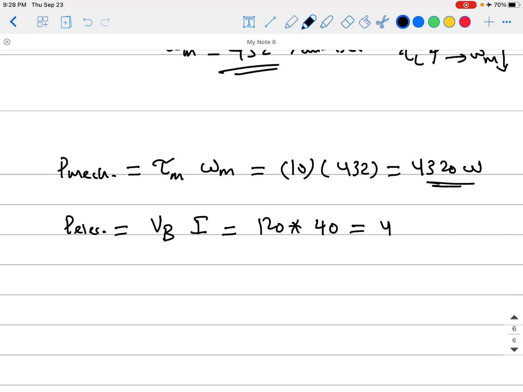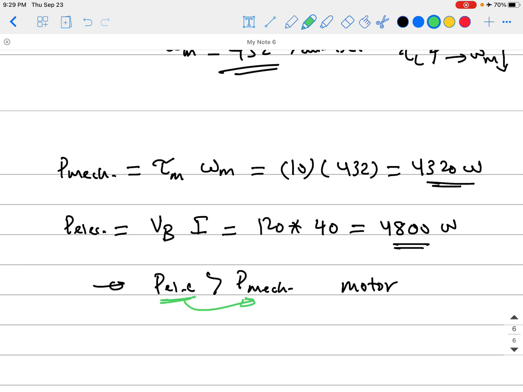So this is 4,800 watts. Seeing that? And it's another confirmation. The electric power is higher than the mechanical power because that is a motor. That is the way of the energy conversion. The electric power is converted into mechanical power,